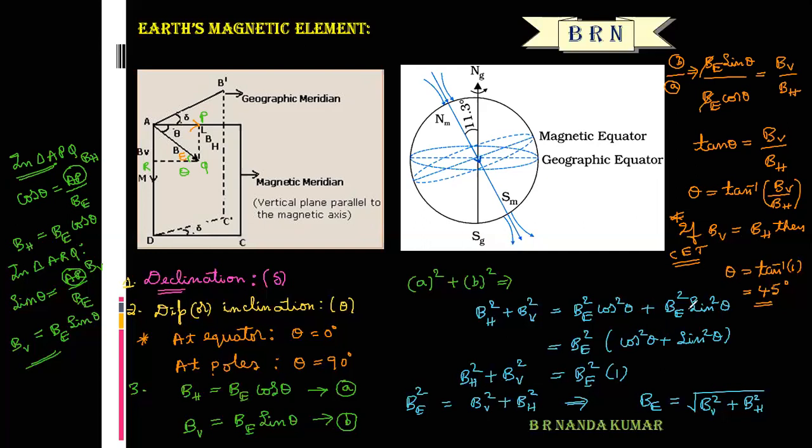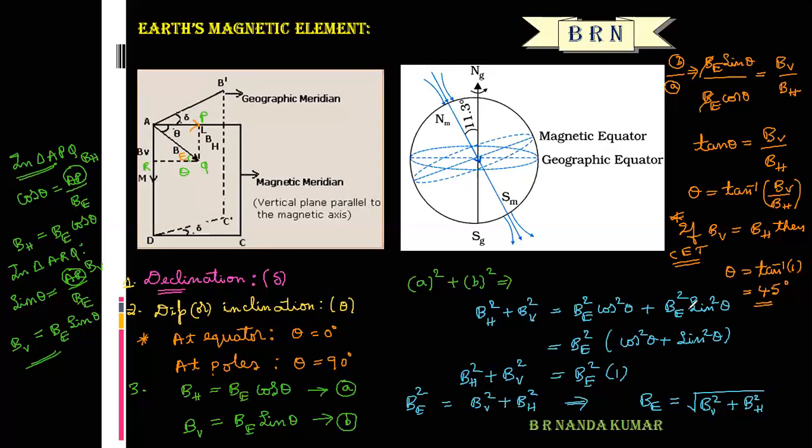What is the meaning of Earth's magnetism, terrestrial magnetism? Earth's magnetism is due to electrical currents produced by convective motion of mainly molten iron and nickel in the outer core of Earth. What are the uses of Earth's magnetic field? Earth's magnetic field protects the life on the surface of Earth from harmful cosmic rays. Earth's magnetic field also plays a very important role in the formation of Van Allen belts, right?